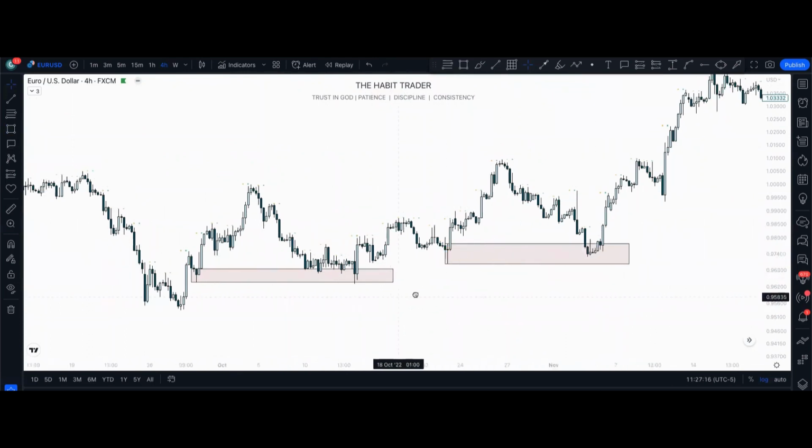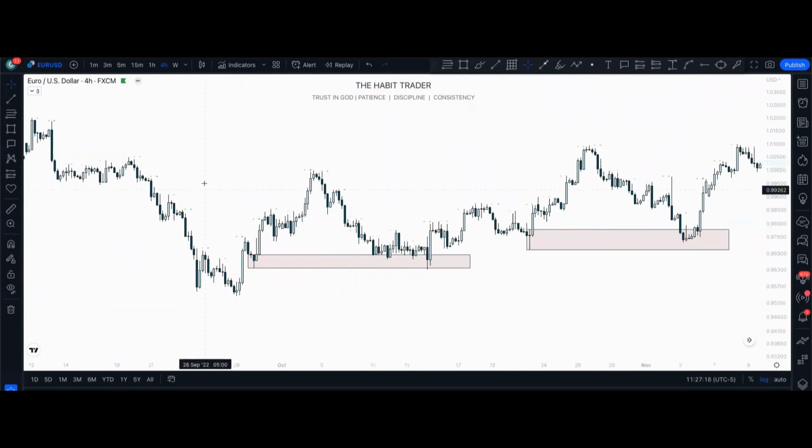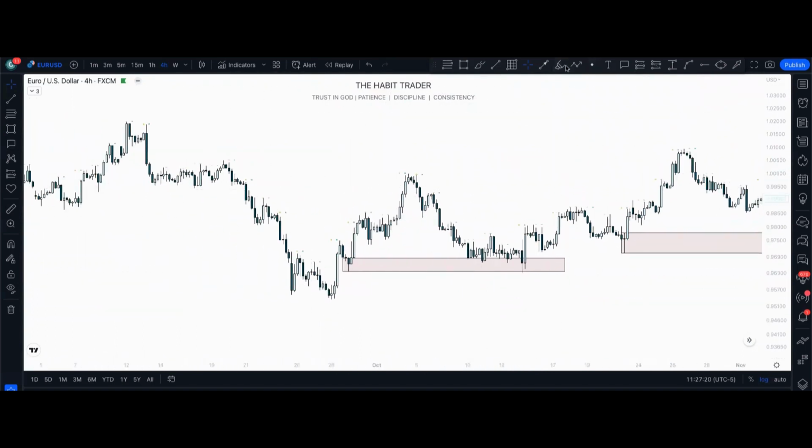So as you can see here, price is really going down, right? So we usually see some demand zone. Actually, this is in a reversal, but anyway,